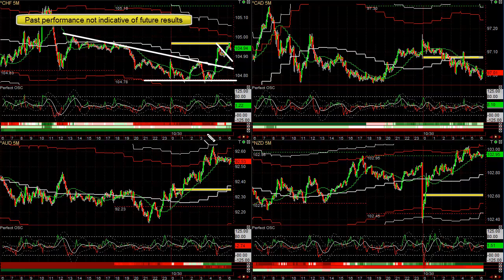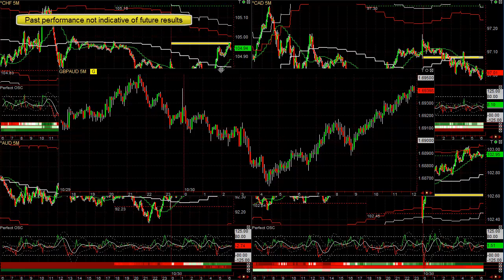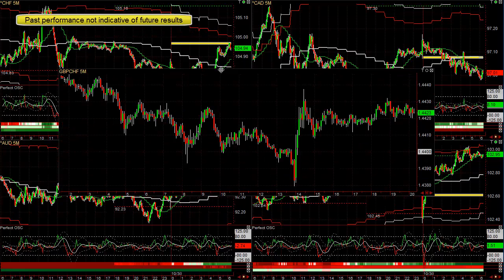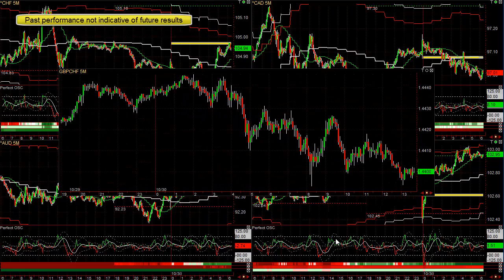The monthly trend is up. The weekly trend is just slightly down, which oftentimes happens after a day and a half of down moves. And this is one that's likely to get strong. Let's take a look at the pound versus the Swiss. The pound's weak. The Swiss is strong. So this one's very likely to go down. And just knowing which currency to trade